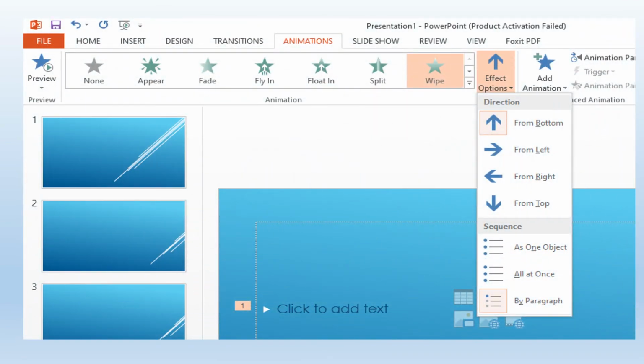Other thing is, once you select an animation, there are special features that belong to that specific animation. If we take the wipe animation type, that is an entrance animation type, we can decide how it wipes, whether it's from the bottom to top or top to bottom or left to right or right to left. We can decide it from here.